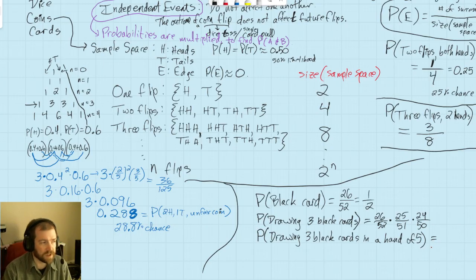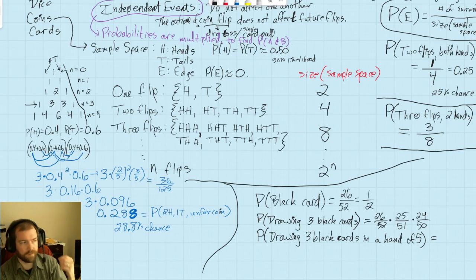And again, this is a pretty straightforward thing, although at this point they didn't know how to do it, so I was like, okay, well, if we're doing a hand of 5 cards, what are the different arrangements that you can have for just having 5 cards? And we said, all right, if you have 5 cards, then